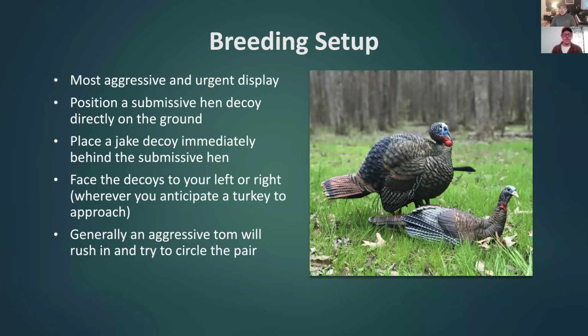And so it's not really a setup I like to use, but if I want to get super urgent, this is what I will use. And you can see this decoy looks a little bit more like a Jake, doesn't have a super long beard. But what we're trying to mimic here is basically, hey, this hen is being actively bred at this moment. And so hopefully that creates the ultimate urgency from any Tom or Jake that's approaching that says, oh, if I want to breed that bird, I literally have to go interact right now. And so the theory is then they run over here and start attacking the Tom, hopefully giving you the shot. So again, if I want to be super urgent, super aggressive, this is personally the decoy strategy I will use.